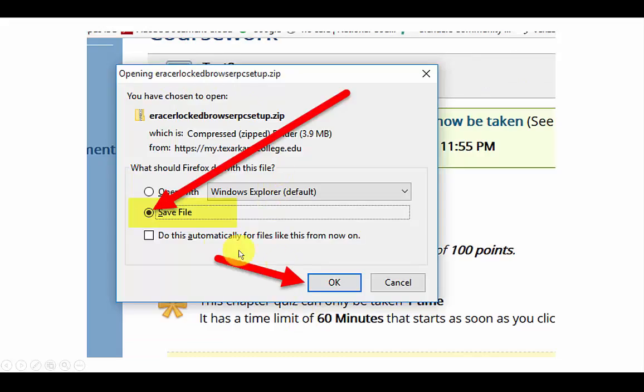And when I do that, a box will pop up and it will say Opening Eraser Locked Browser PC Setup Zip. It's going to be a zip file. And I want to make sure that I have the radio button in front of the Save File clicked. And I need to know, where does my computer save its files to when they're downloaded, and I know that mine downloads them to a download folder. Once I have clicked that radio button, then I can go down here and click the OK button,